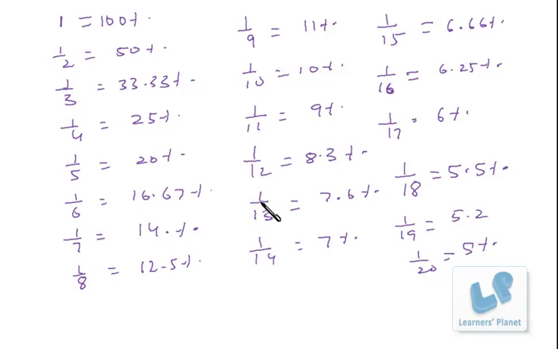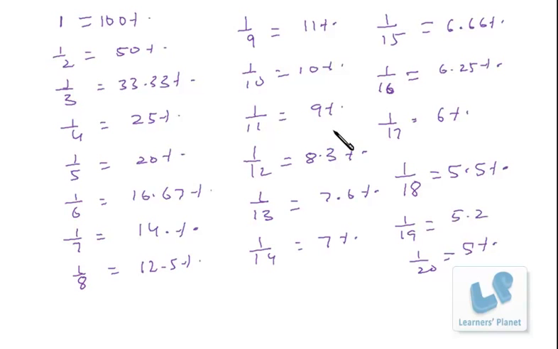Similarly, if you know what 1 by 13 is, that is 7.6%, then 2 by 13 will be just double of that. So it's around 15 point something percent, because in data interpretation, you are hardly asked about the accurate calculation. Most of the questions are based on approximation. So do not go for any sort of mugging up of the calculation. You just try to get an around idea, right?